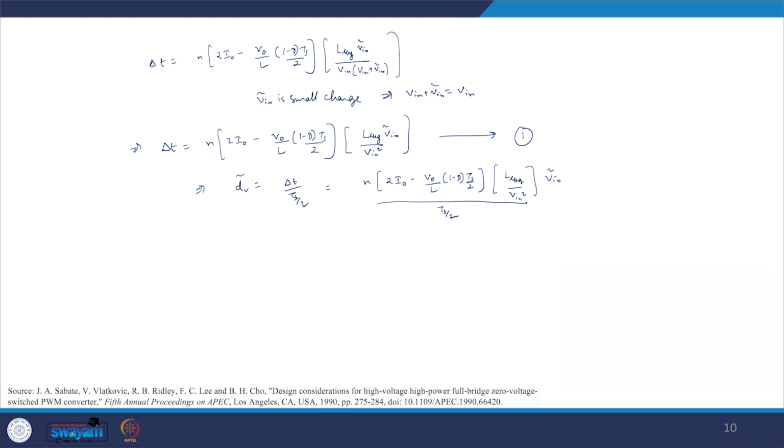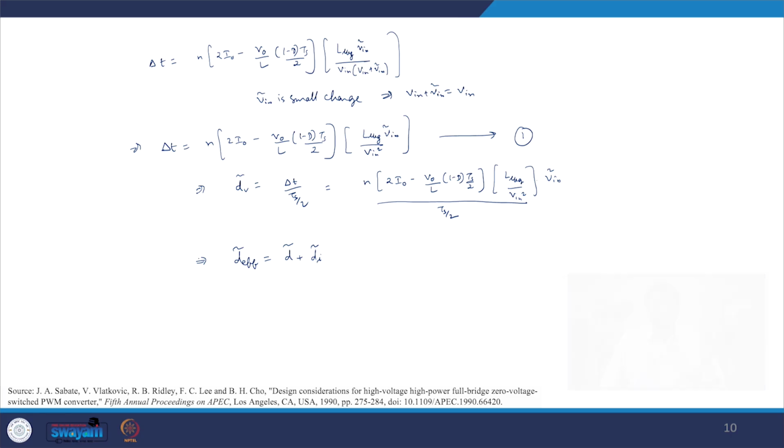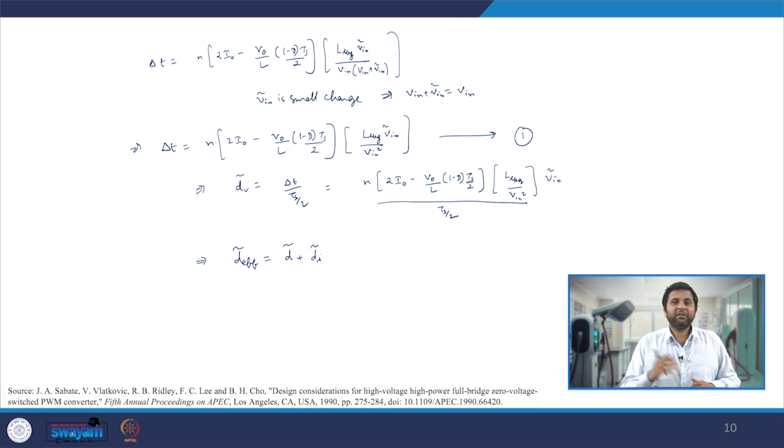So we can say that our total change in the effective duty ratio is the summation of the small change in the duty ratio, and because of the small change in the duty ratio there will be a change in the inductor current, and because of that there is again a change in the D loss term, and because of the D loss term there is a change in the D effective. However, this change was in the opposite direction, because whenever the IL value increases, the D loss actually increases. That's when my D effective will actually reduce. So that's why while deriving my DI we have taken the negative sign.